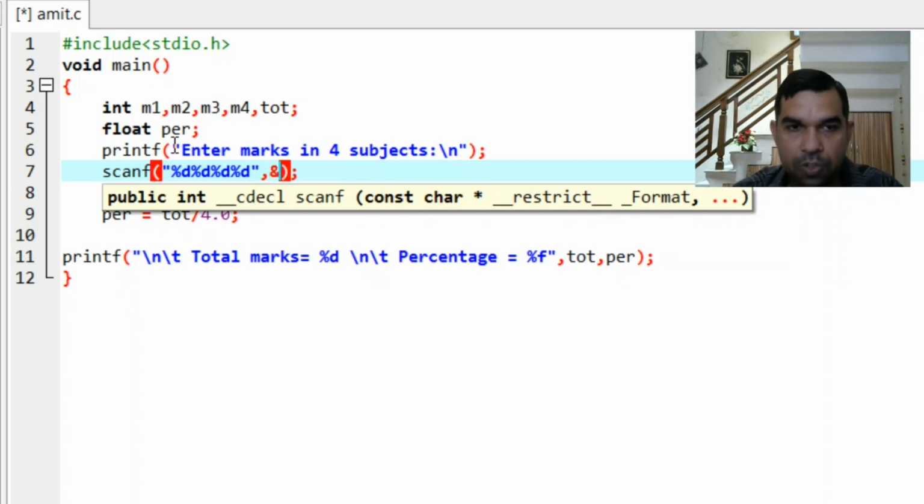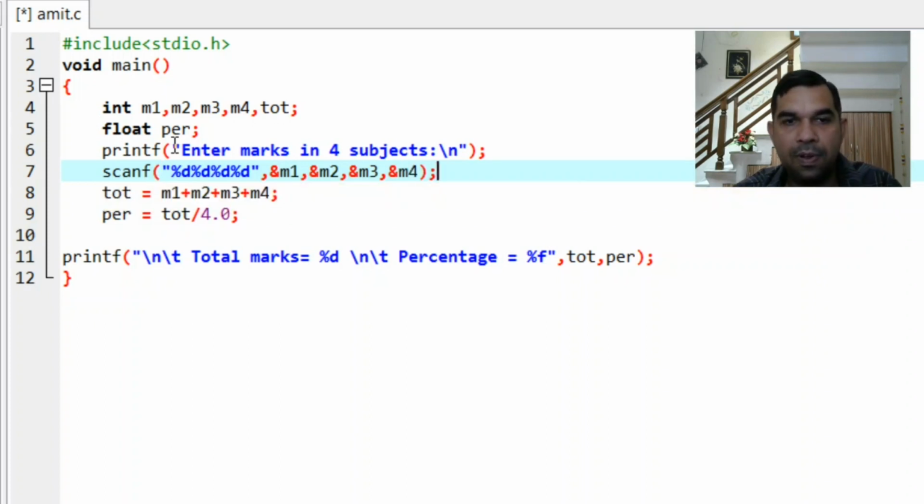Then we make use of the ampersand operator or address operator. And we will write address operator M1, then again M2, M3, M4. So what is the role of this address operator?